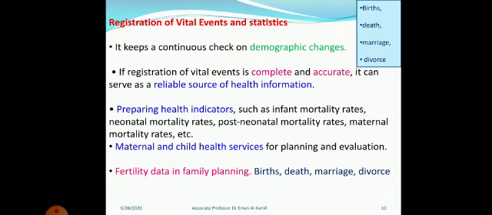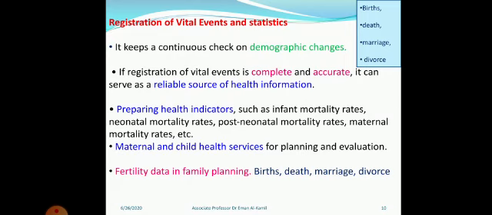Registration of vital statistics. Vital events and statistics include births, deaths, marriages, and divorces. It keeps a continuous check on demographic changes, and if registration of vital events is complete and accurate, it can serve as a reliable source of information. In the developed countries, they have a complete, accurate, and reliable source of information,